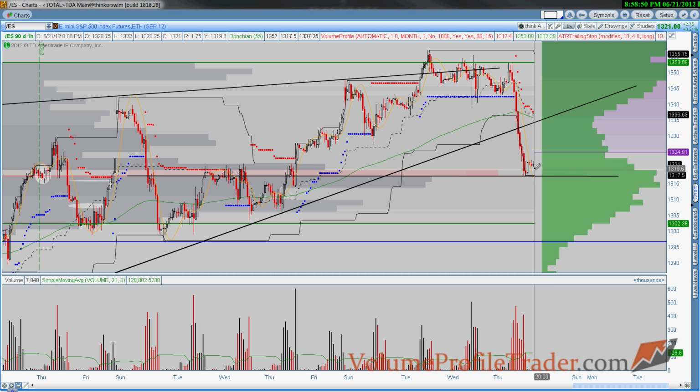What I would do is, on any strength in the market, if you did not scale down or get out of your positions, take profits or take your losses and run, because I do think that we're probably going to see this type of move. If we do get an opportunity to sell at 1335 or so, I would take it. That includes